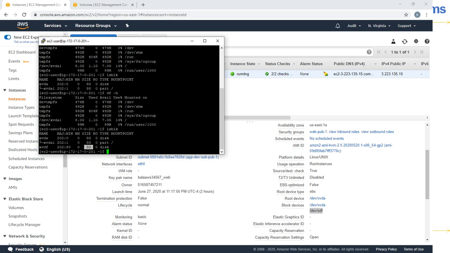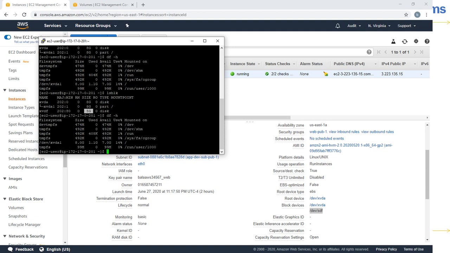Okay, now let us see df -h. You are not seeing the attached volume. The reason is you just attached it but did not mount it. So in order to see it over here, you have to perform mount commands.